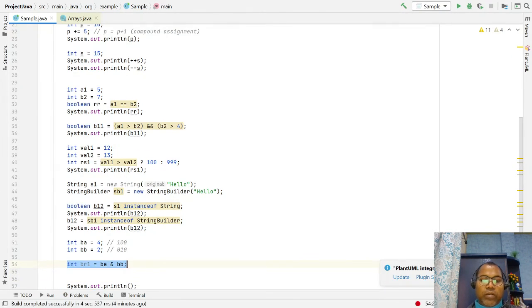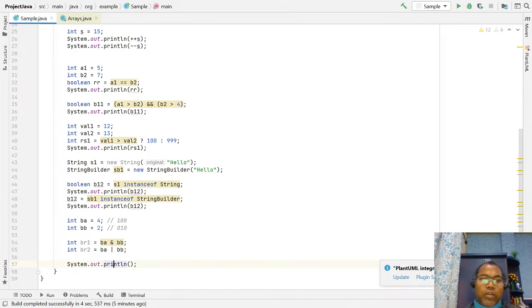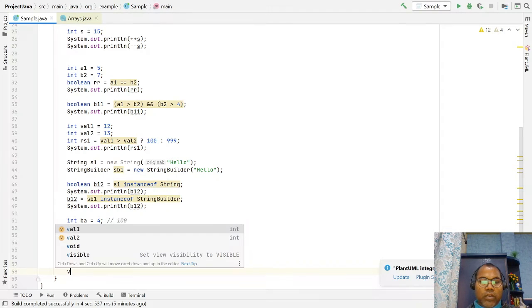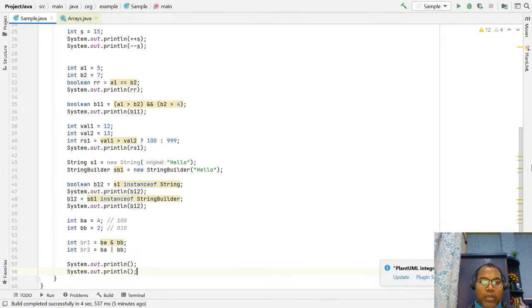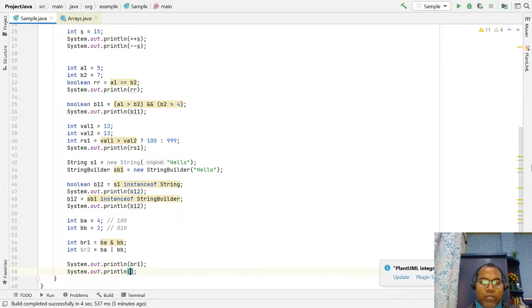Similarly, let's have bitwise result 2, and here you want to use bitwise OR. So here let's print the output: bitwise result 1, bitwise result 2.